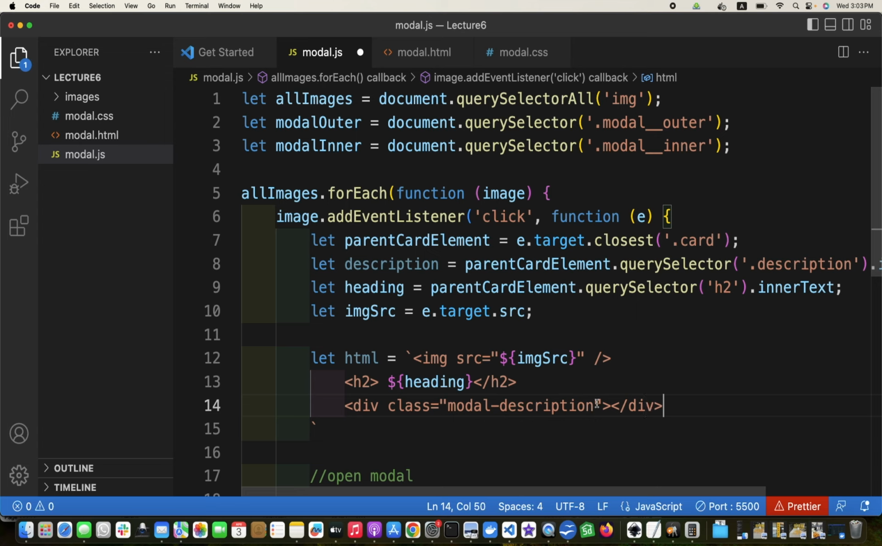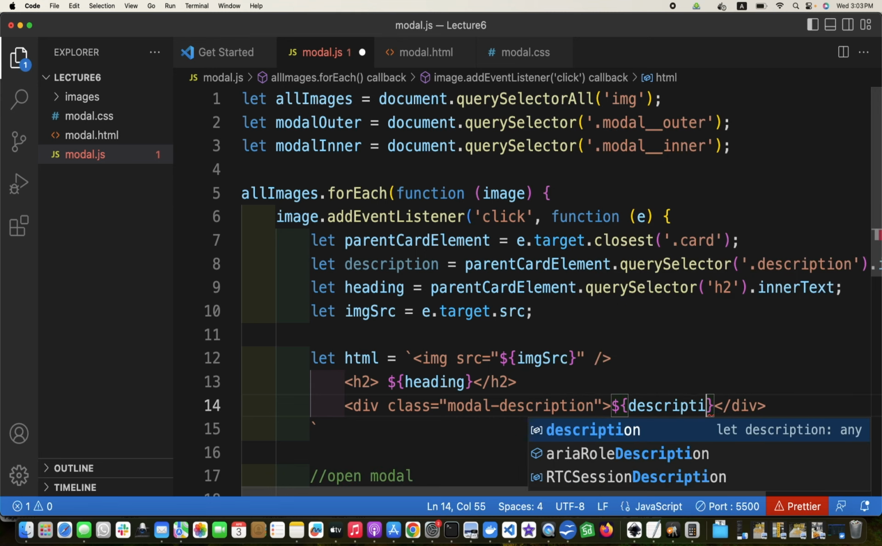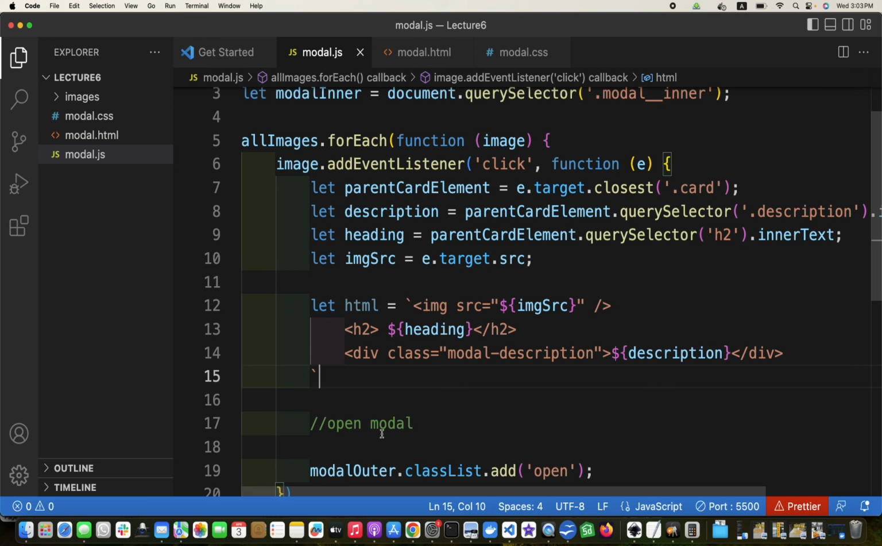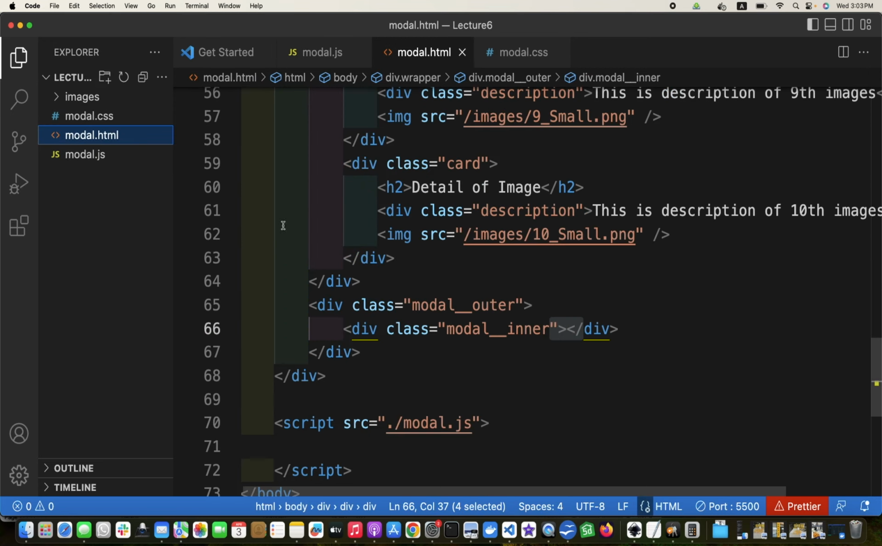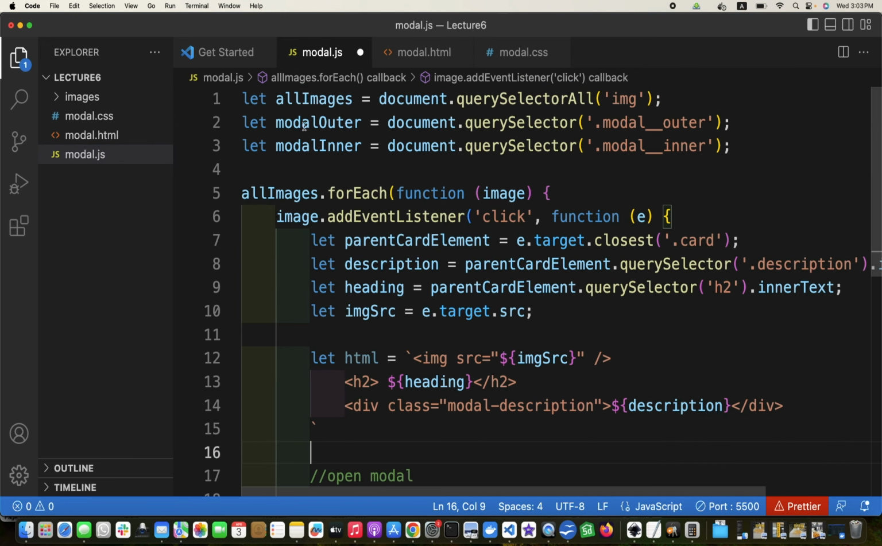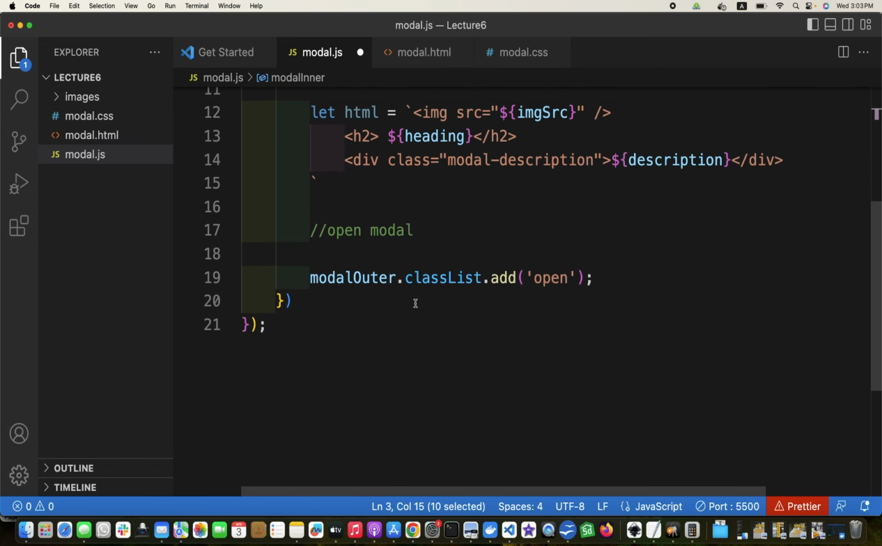And here we will use $sign description. Okay, this is now the HTML markup. Next we need to add it to this model inner. Okay, so what we can do is, and we already have targeted model inner, so model inner,